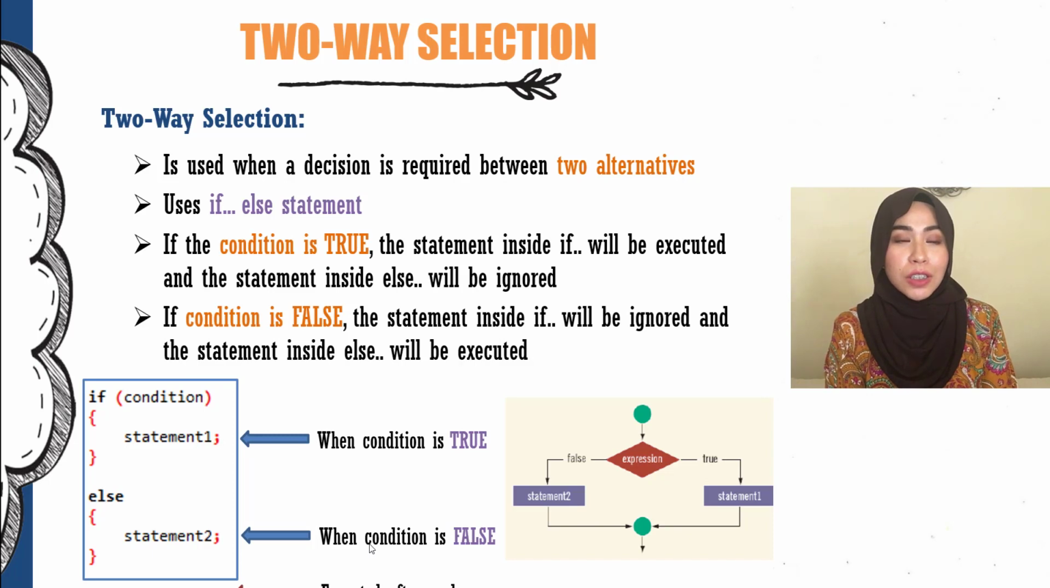Alright, so let's move on to two-way selection. One-way selection is when we only have an if statement. A two-way selection is when we have an alternative. Instead of just an if statement, it also has an else statement. Of course you need an if statement where you have a condition. If this condition is true, the statements inside the curly braces will be executed. But if this condition is false, meaning otherwise,